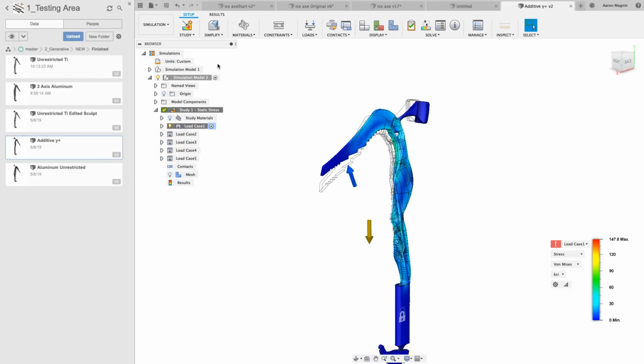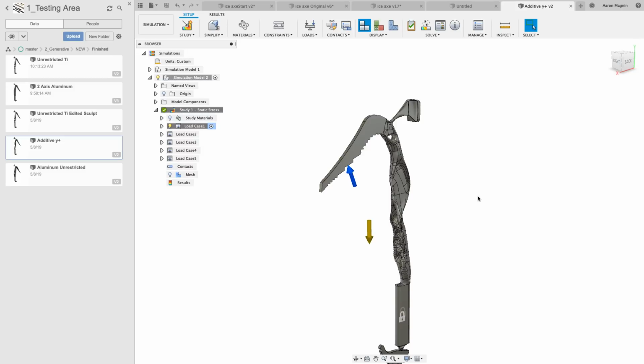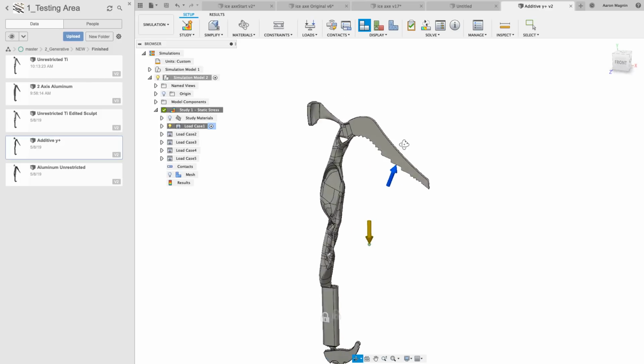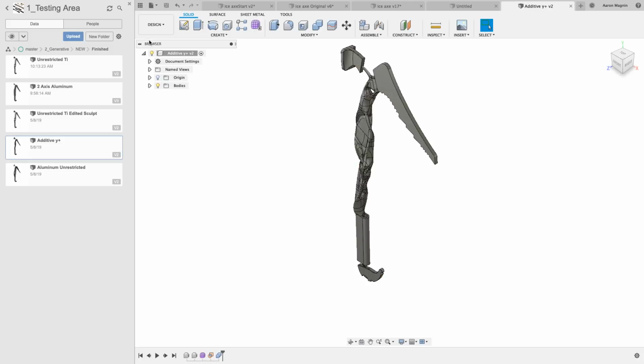So what's great about these exported results is that all the load cases will come over from Generative Design. In addition, the study material will come over from Generative Design. So this is the titanium 6.4. Most likely going to win, obviously, if we're just ignoring cost and other details. But we're starting to see a lot of these results, and what's great about these is that you can actually come